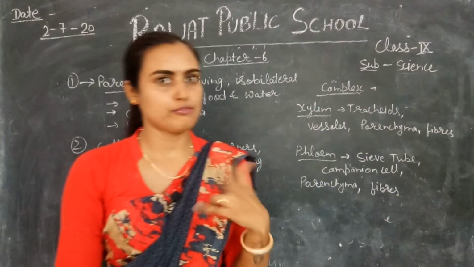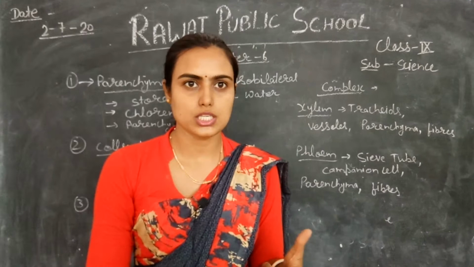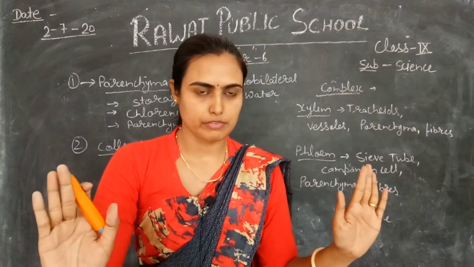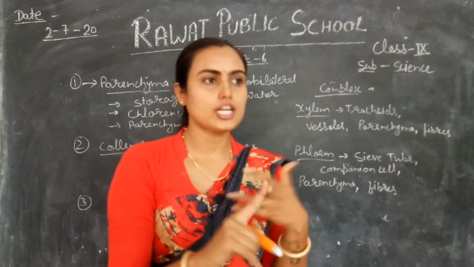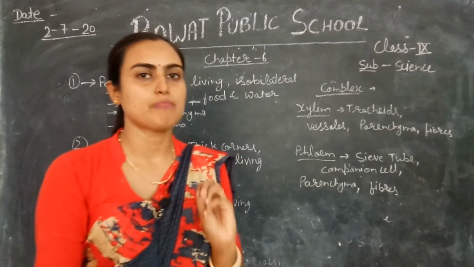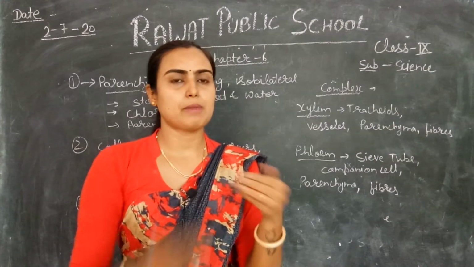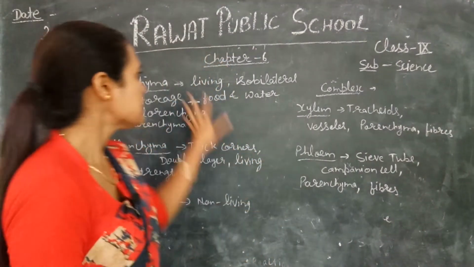Permanent tissues are of two types, and permanent tissues are those tissues which lose the capability of division, right? They do not have the capability of division. They have a specific shape, a specific function, and lose the capability of division. These are the three different characters of permanent tissue, right? Further we discussed that permanent tissues are divided into two parts, simple and complex.